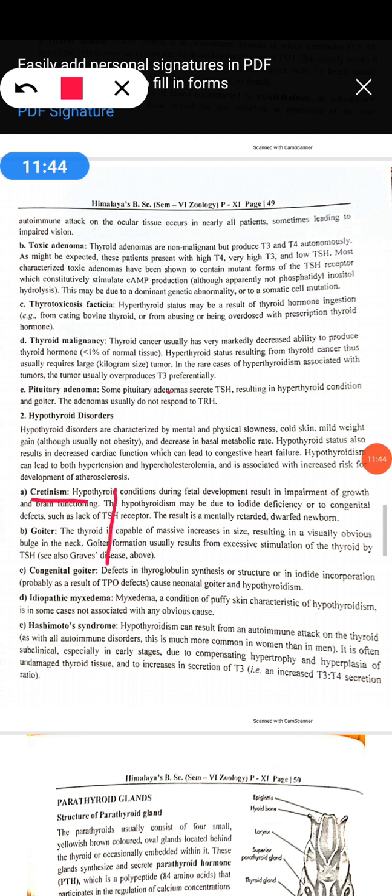Then the third one is simple goiter. This disease is not due to hypersecretion or hyposecretion of the thyroid gland, but occurs only due to deficiency of the hormone thyroxine in the body, and to compensate for this deficiency, the thyroid follicles enlarge. The gland is made up of follicles, and in each follicle there is a cavity, the colloid, in which synthesis of the hormone thyroxine takes place with the help of iodine and an amino acid. I already explained it. So this causes enlargement of the thyroid gland, leading to simple goiter.